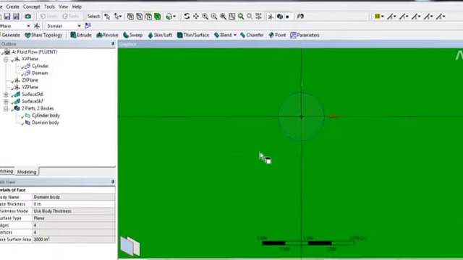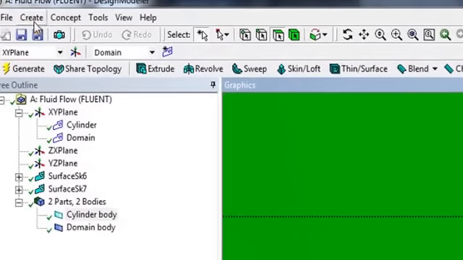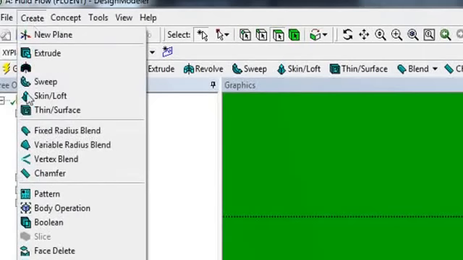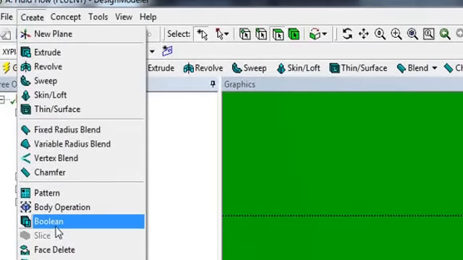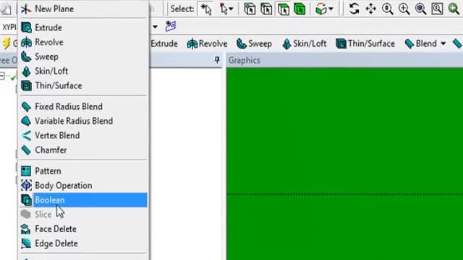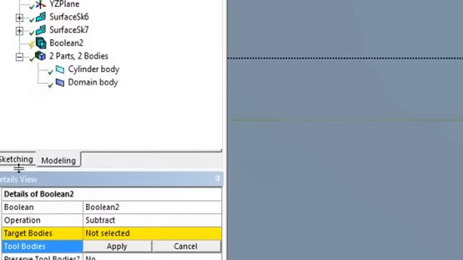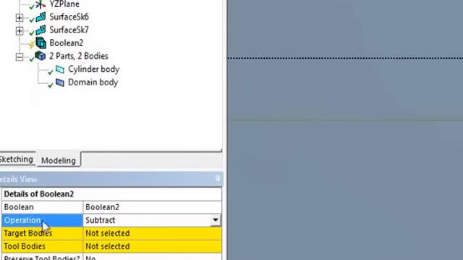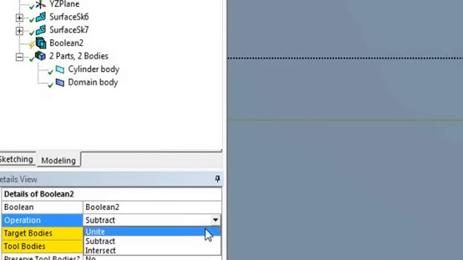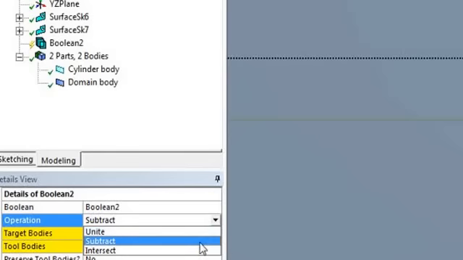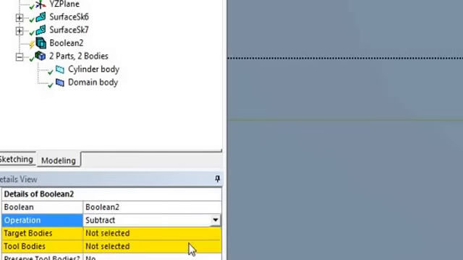How are we going to do that? We will use this Create menu and we will use this Boolean operation. It's a very important operation for any CFD domain generation. So select this Boolean, and here in operation it will ask you what you want. Do you want to unite? Do you want to subtract? Do you want to intersect? We want subtraction from the domain,